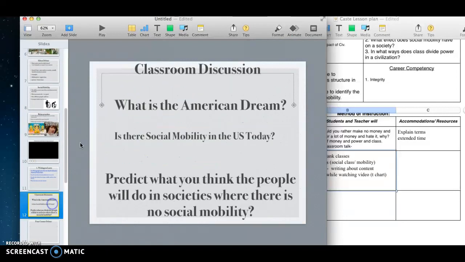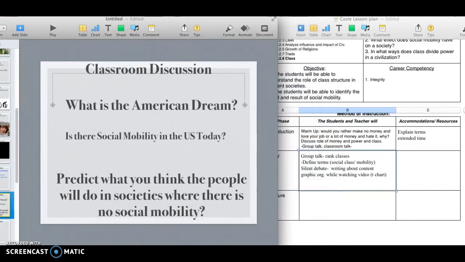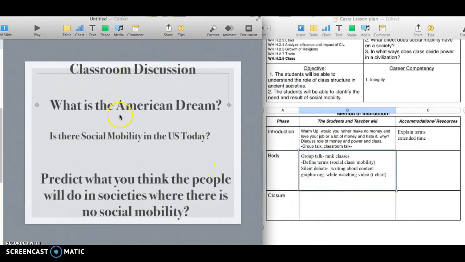After that, I would have a bigger classroom discussion. So now this is we as a whole. What are we looking at? What are we learning? And I would try to apply it to something relevant today. So we could talk about something like the American dream and that is something that impacts their life now. So relevancy again is very key. And then what it looks like today, and then maybe